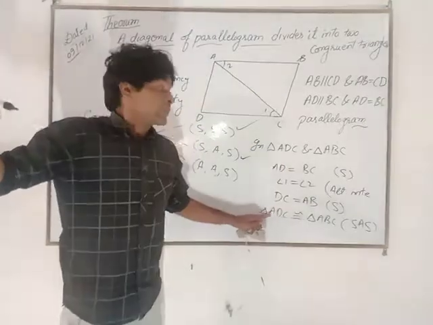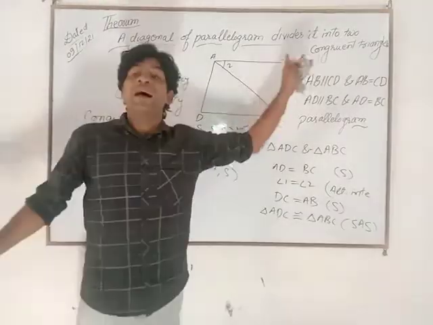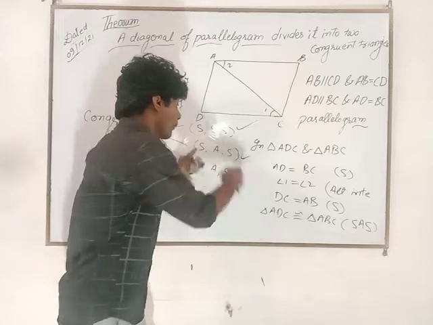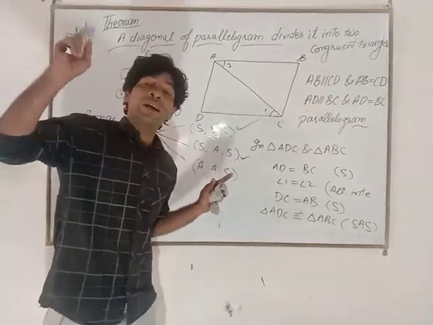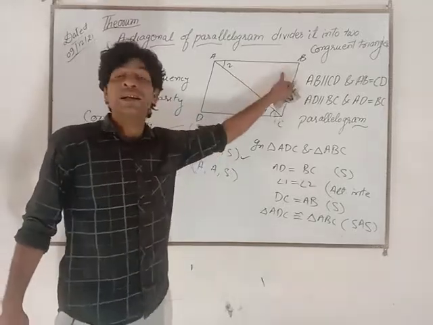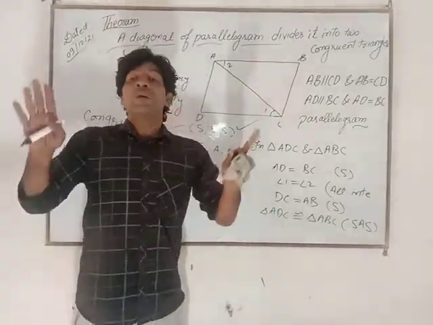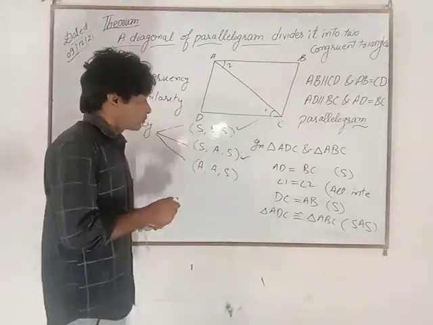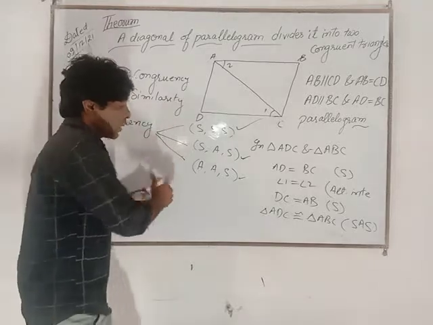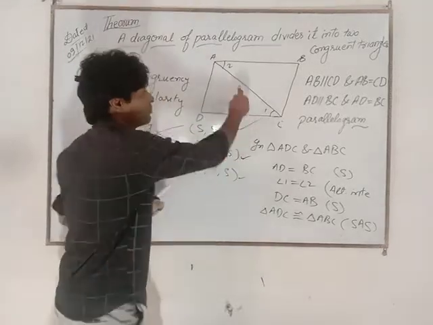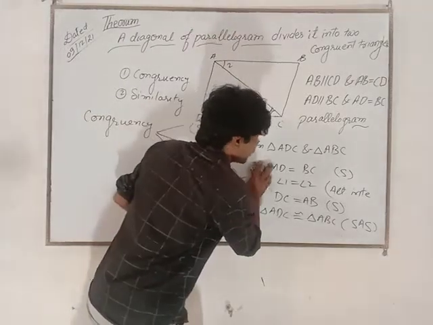Now we are seeing I am doing only from congruency. From triple S I have made it congruent. Now from SAS, means from two corresponding sides and one corresponding angle, I have made both these triangles congruent, right? Now third sub method. Now from AAS I am making these both triangles congruent when diagonal divides the parallelogram.